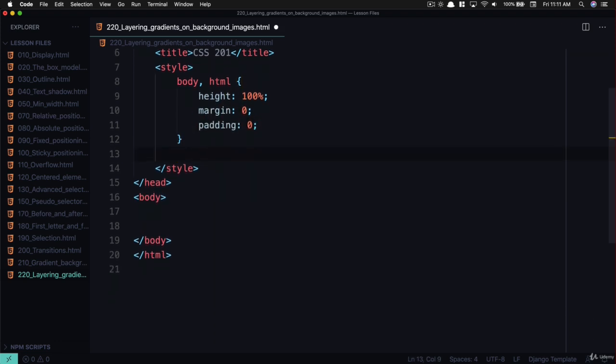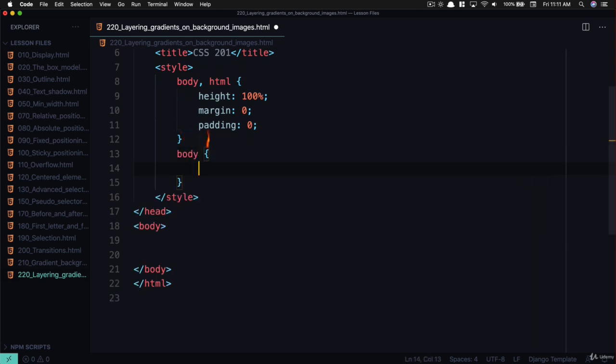And then I want to select just the body element. And in here, what I can do is say the background image is going to be a linear gradient. Let's give this 180 degrees. And let's say this is going to go from black to black, but different opacity. So RGBA 0, 0, 0, and then the alpha is going to be 0. And that's going to start at